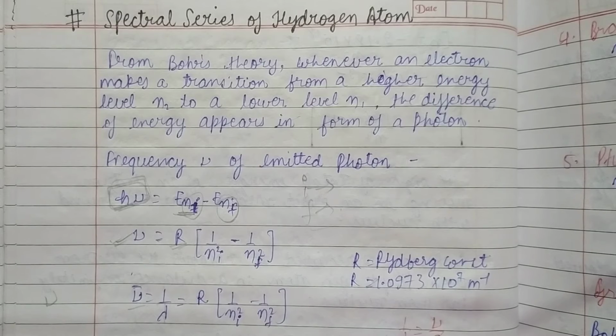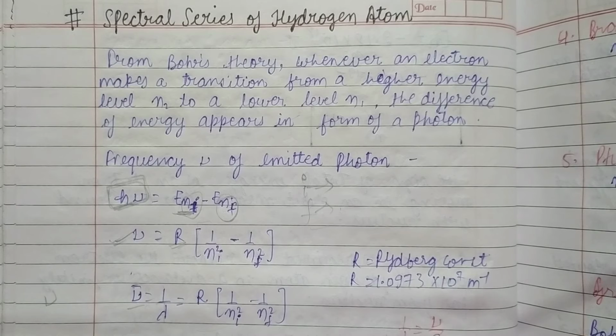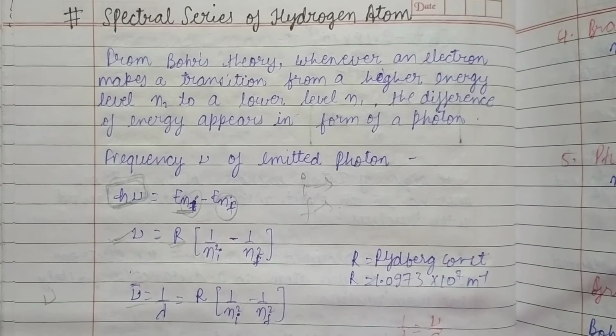Now we want to discuss the hydrogen spectrum, or you can say the spectral series of the hydrogen atom. For that, there are five spectral series of hydrogen. What are they? The first one is the Lyman series, then the Balmer series, the Paschen series, the Brackett series and the Pfund series. Okay, five series we have in the hydrogen spectrum. These are the main five series. Now let us try to differentiate between all these series.